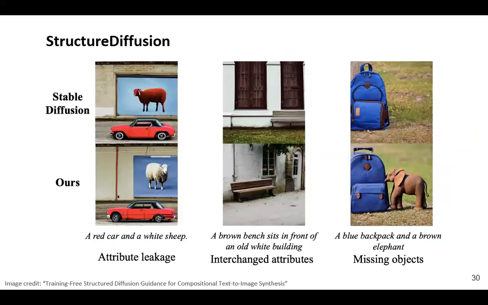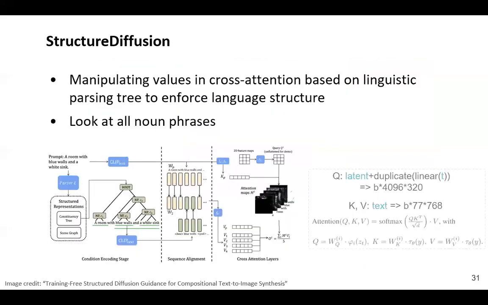Again, the problem is that when the query becomes more complicated, it might run into problems, for example, attribute leakage. Instead of generating a red car and a white sheep, it might decide to generate a red car and a red sheep instead of a white one. Other problems like interchanged attributes and missing objects also commonly appear when not strictly following text prompts. So one way, as shown in this work, is to manipulate the values in the image-text cross attention based on linguistic parsing tree structures, to enforce the model to evenly look at all the parsed noun phrases